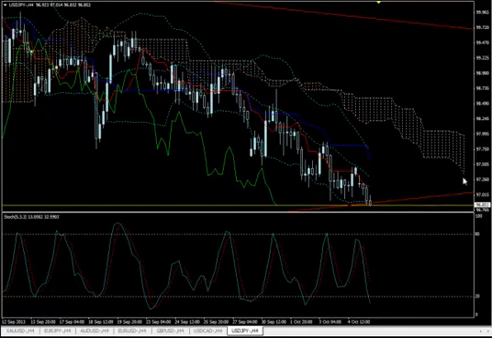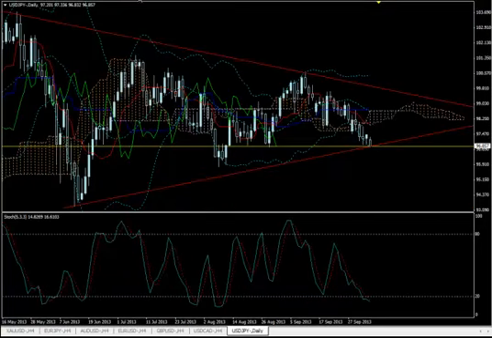And then the next time frame to follow will be H4. Once we have a reversal on H4, we know that the bearish cloud is over, and we will be expecting the breakout of the triangle of the daily time frame. The breakout of the triangle, which is going to be a very strong upward move, will happen after we have the successful sequential bullish Kumo breakouts of the smaller time frames, as I just explained to you